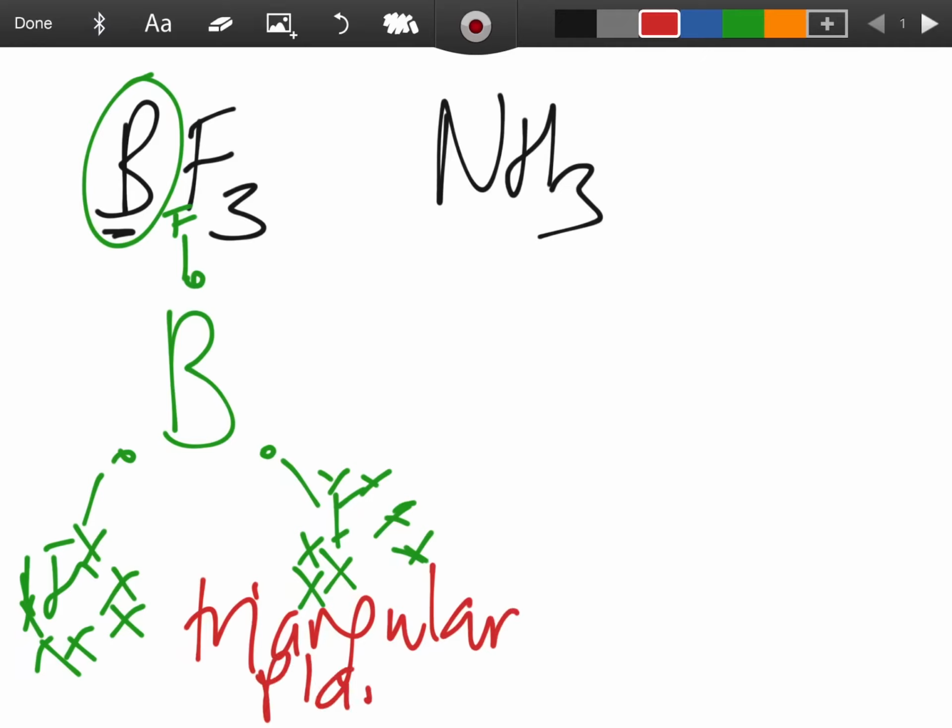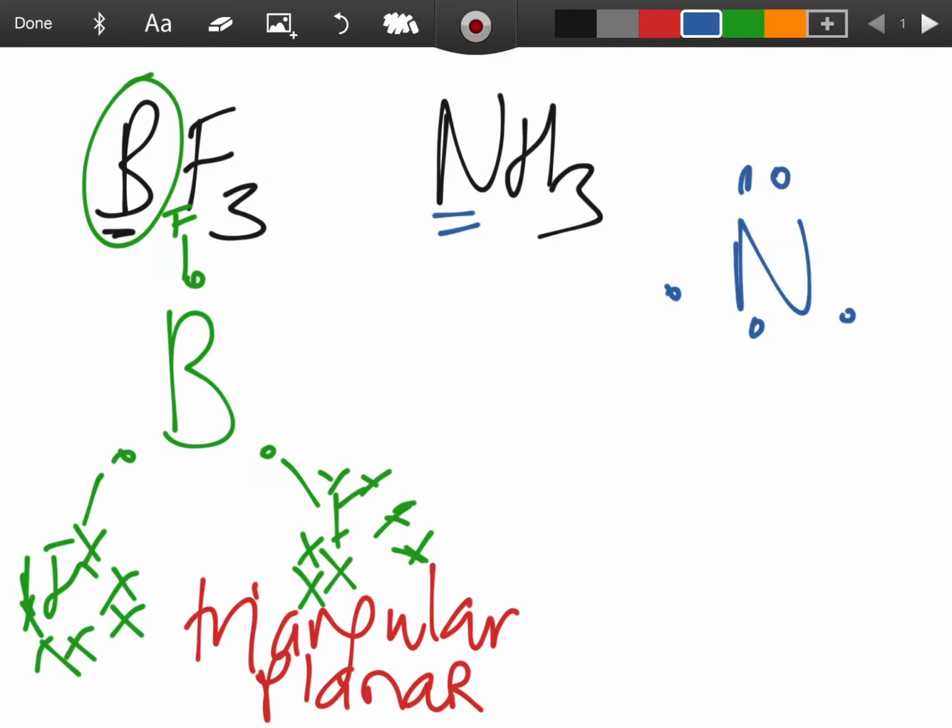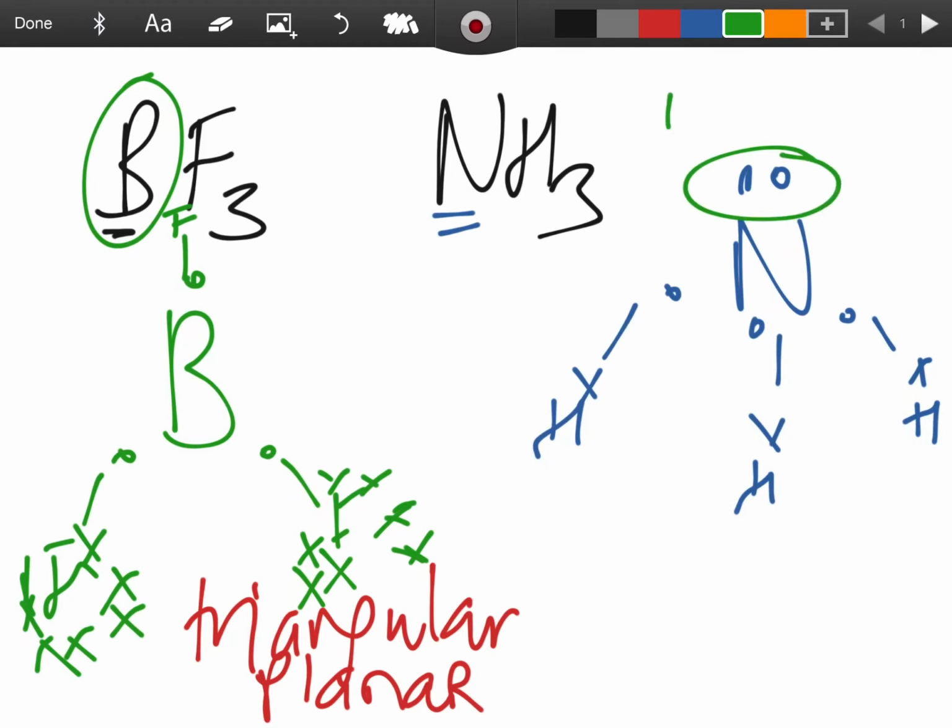Okay, I can't fit them in there, but you do the same thing there. The shape there is triangular planar. Okay, with nitrogen, when you look up nitrogen, it's in group 5. So there's 1, 2, 3, 4, 5 electrons in the outer shell of nitrogen, and you're bonding that there then